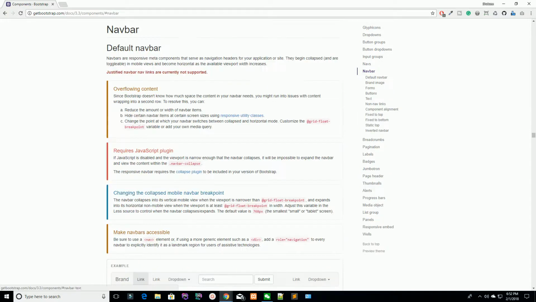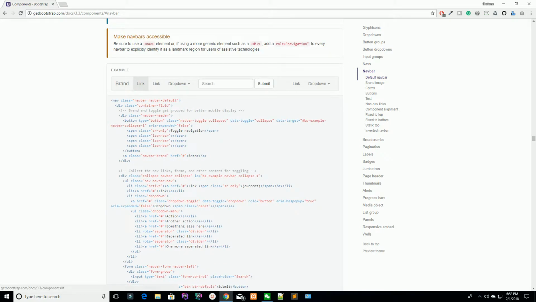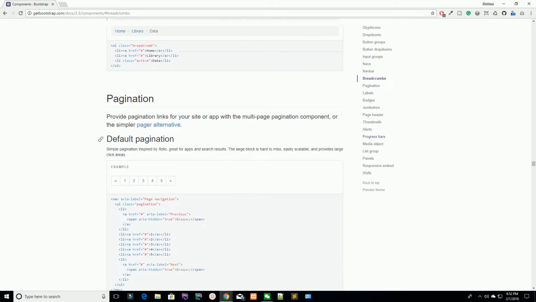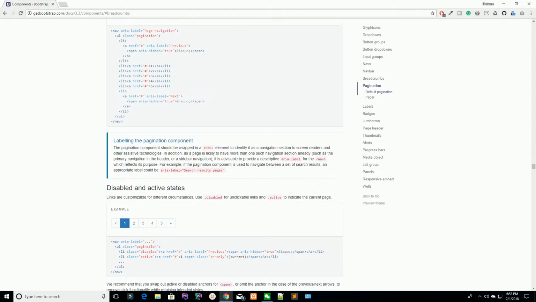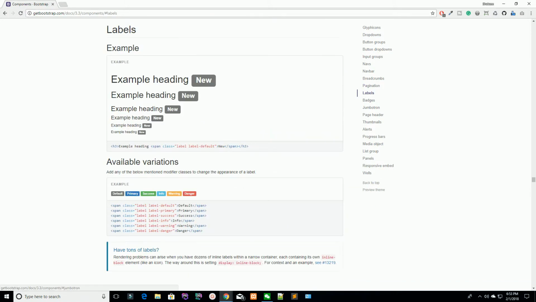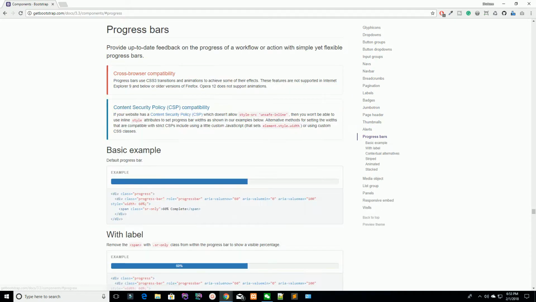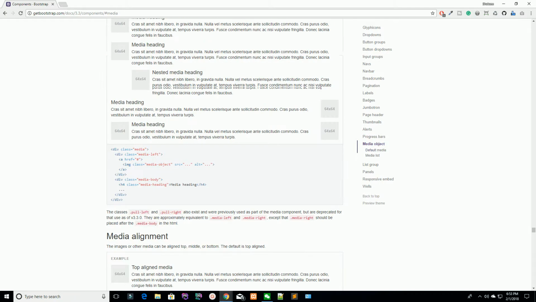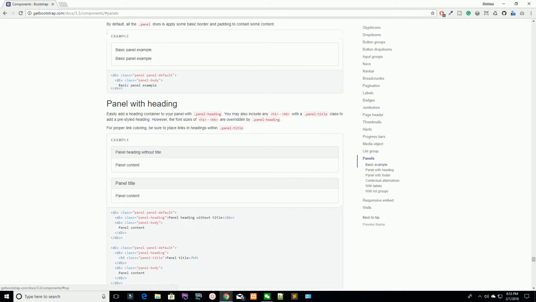Okay, so navbar. So this is a proper navbar. You can see you have a proper navbar, navigation bar. Don't worry, we are going to cover each and everything. Now you have breadcrumbs, you have pagination, you have labels. You can see you have labels, and you have alerts, and you have progress bars, and you have media objects, you have list groups, you have panels, and you have